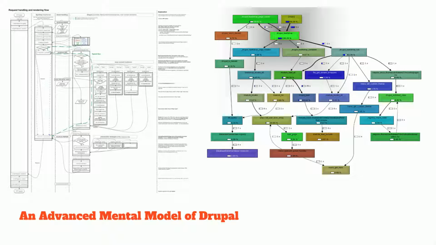Here's a fun knot. On the right, you have a small part of the render functions that involve printing stuff out on a page in Drupal 7. On the left, you have the same thing in Drupal 8. So again, we're seeing lots of ins, lots of outs, but it's a flowchart. So we know that it has an in point and an out point. And this is what we have to start wrapping our heads around when we're debugging a problem. We have to start to realize that it's not magic, it's not a black box. It's literally just a series of functions doing stuff.